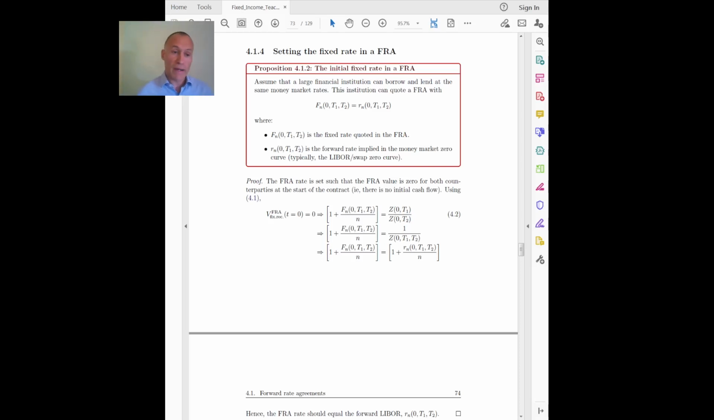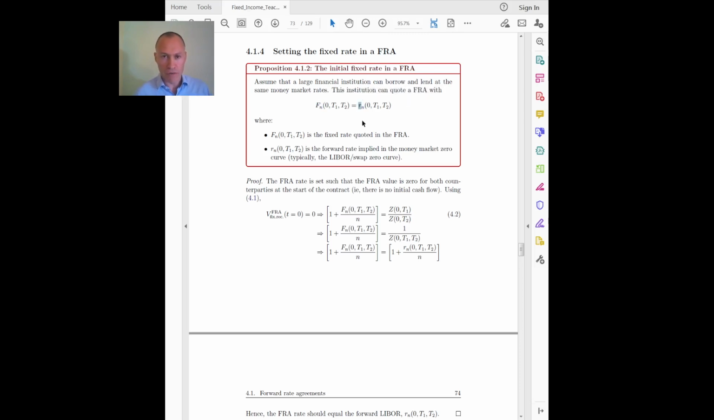Now let's move back and use the previous results to determine the original rate that we write in the contract, okay? The fixed rate in the forward rate agreement. The result is the following. The rate that we write in the contract, capital F, needs to equal the forward rate that we observe